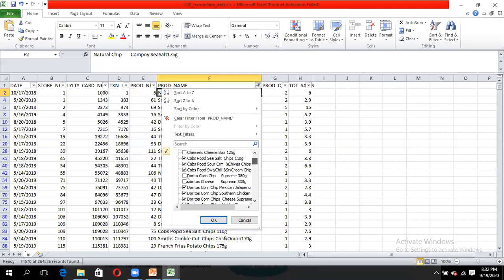Now look at this guy. After Cubs pod, you can see Dorito corn CHP. So with common sense, we know that that is corn chips, but because we sorted with CHIP, that guy was not selected. But we know that it's also a chip product, so we select it and correct it. So we go again and check if anyone has something like chip. Just carefully go. Oh, we can now see